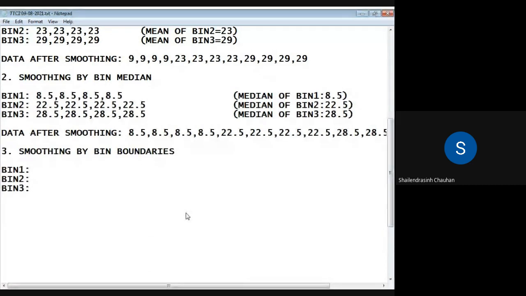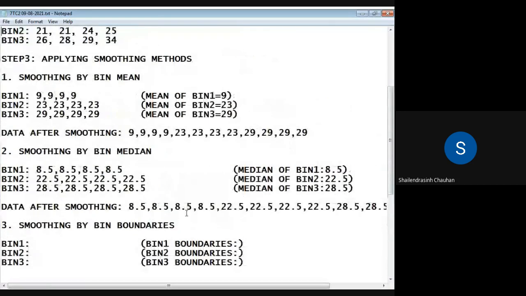Here we need to find out the boundaries of all the bins. Bin 2 boundaries and bin 3 boundaries, where we are considering upper boundary and lower boundary. Upper boundary is the maximum value and lower boundary is the minimum value of that bin.